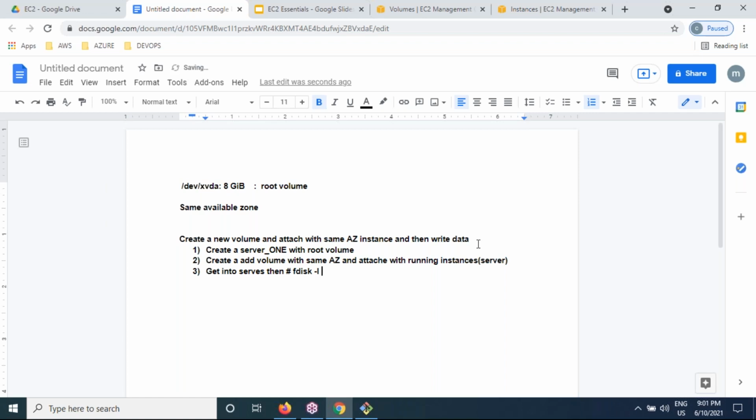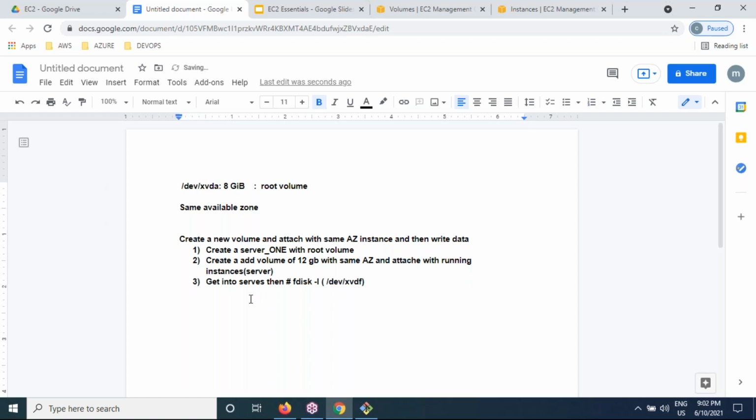With fdisk -l you can find the device name, xvdf. It is xvda, it is xvdf. xvda is the root volume, xvdf is the additional volume. So let me create an additional volume of maybe 12 GB. So this is the fourth step.